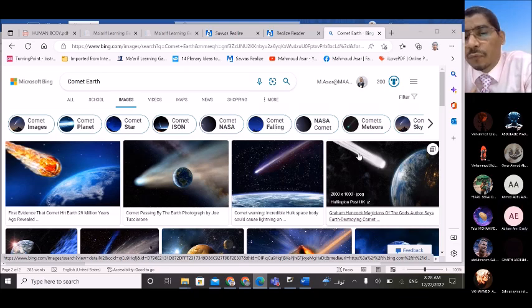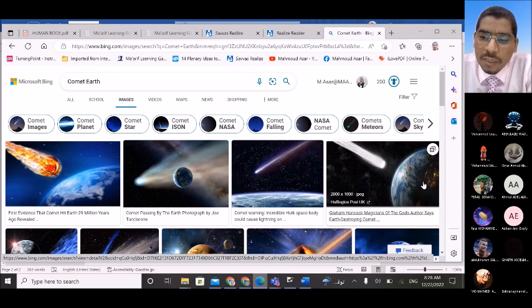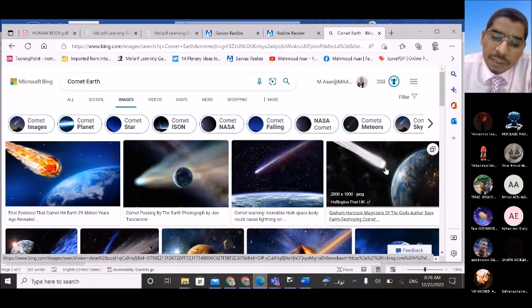Some of them fall down on the surface of the Earth, in deserts and in oceans. So they get some samples and start to study them. They analyze them in geological labs. So it can fall down on the surface of the Earth. Also, they take pictures and videos by telescopes